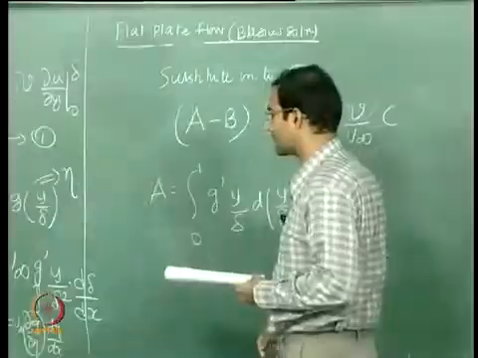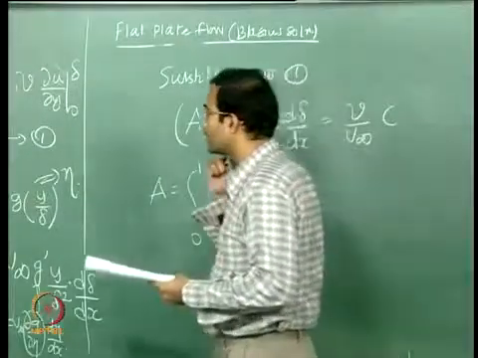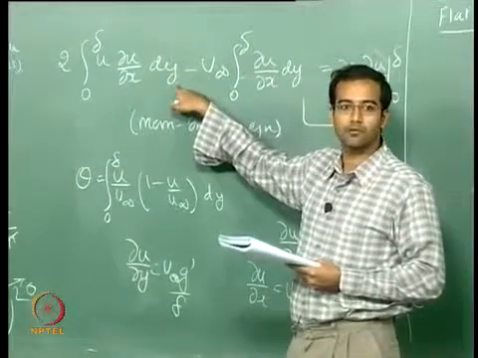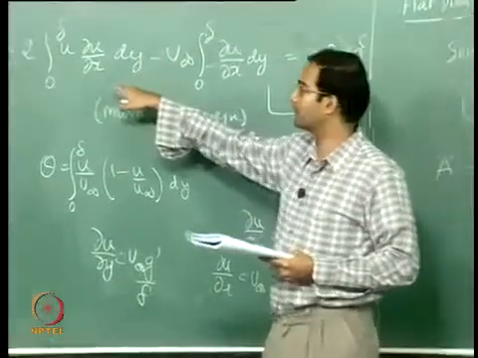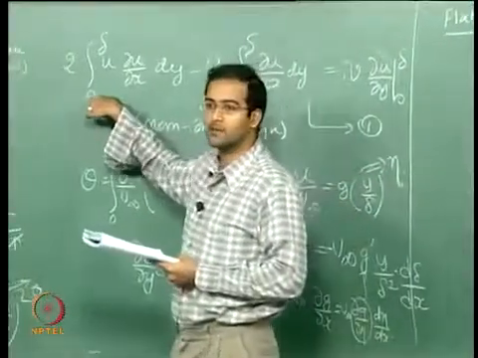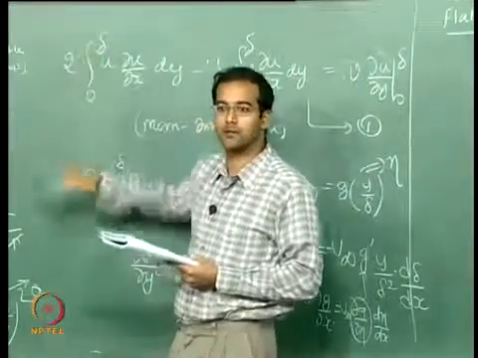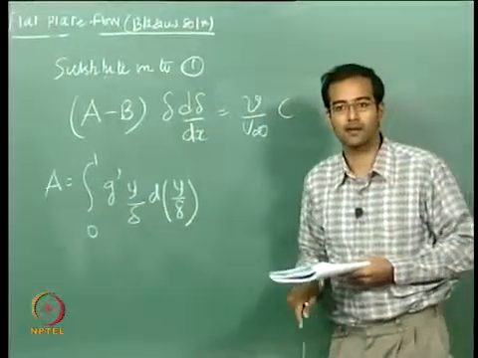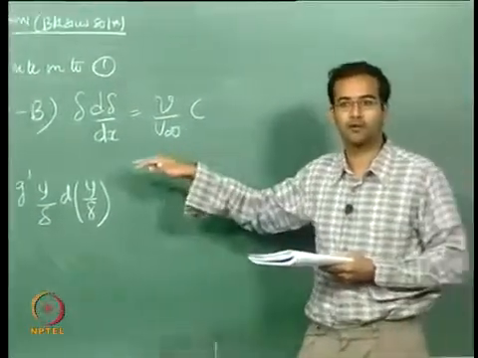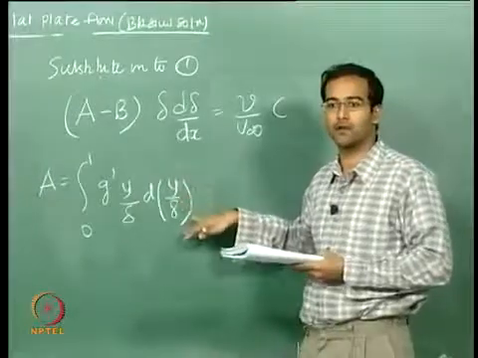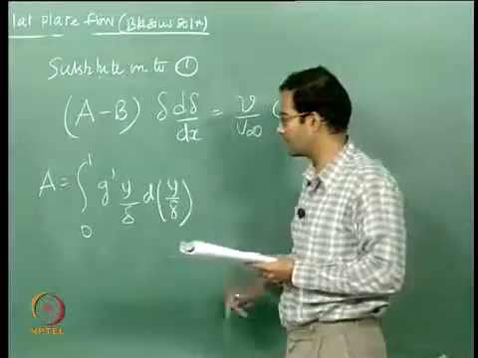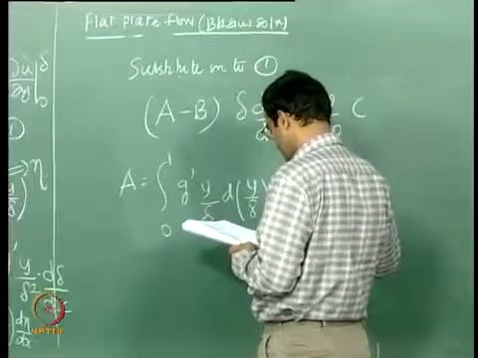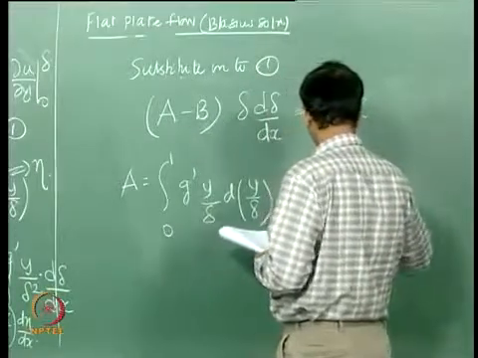So wherever I am writing this integral dy, I am writing it as dy by delta into delta. Therefore the integral limits become 0 to 1. You can check that, it's a nice exercise. It doesn't take too much time, you are just rewriting everything in terms of y by delta and grouping the terms together, and B is 2 times the integral from 0 to 1 of g prime